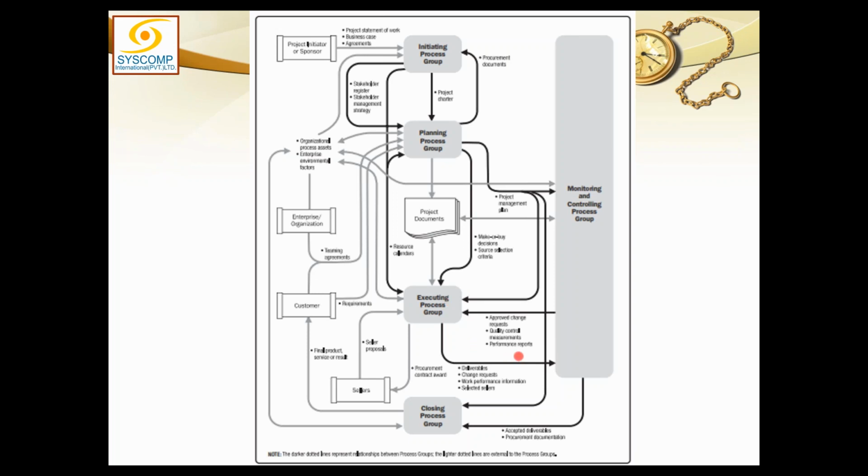But this work performance report is not a human personal report. This is the work report. Like, the construction of the wall was not good. So who was responsible for the construction of the wall? Apportioning the blame is not the responsibility of monitoring and control. It is the responsibility of the manager who is managing those people, the supervisor under whom those people were working. He will identify who is responsible and who should be punished.